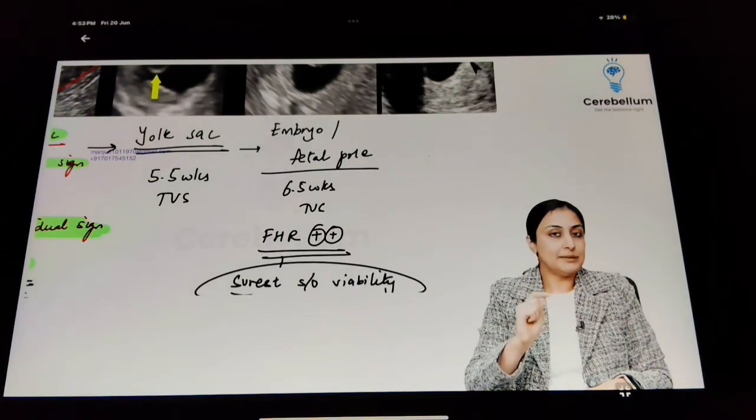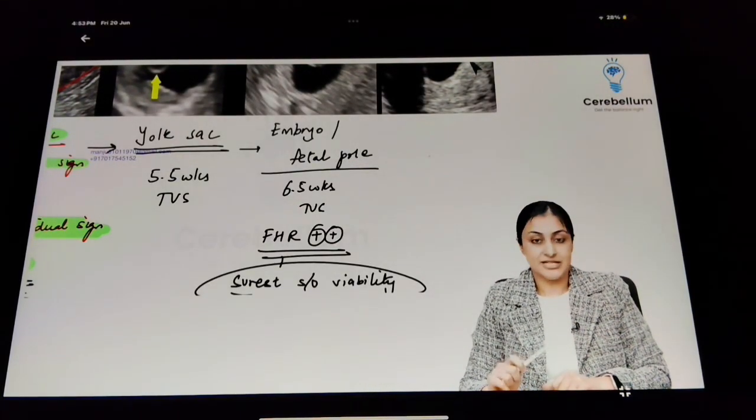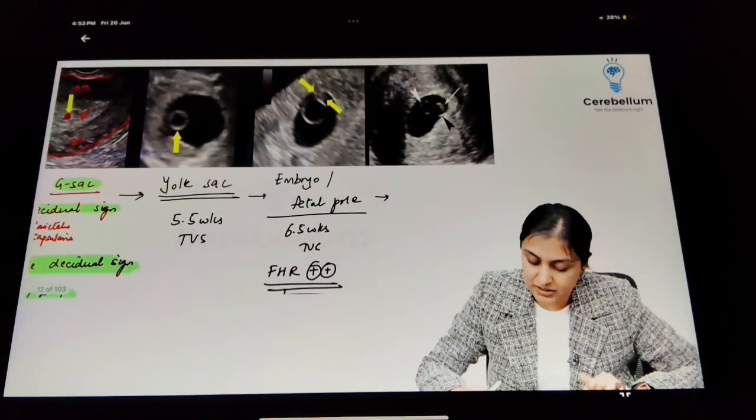When will I pick it up? I can only pick it up after 6.5 weeks, right? So after 6.5 weeks, the surest sign of viability of a pregnancy is fetal heart beating. Did you understand that? As we go ahead 1 week later, now what you see, this has been asked frequently